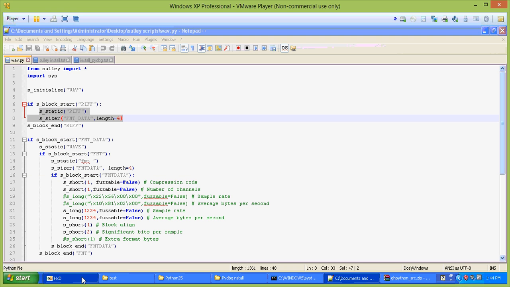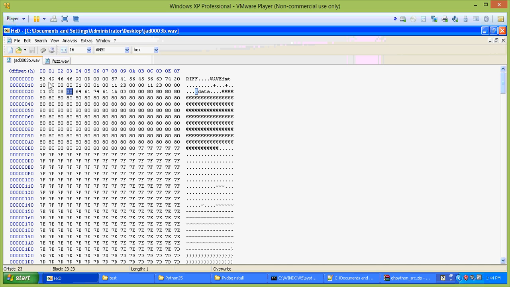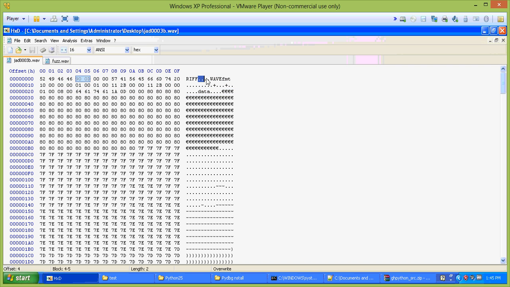So let's look at an example of a file. A simple file would be something like this. This is sort of the header of a wave file. If you look at it, it has RIFF written on the right side, which is basically the definition or the magic version of the file, followed by the length, which is 4 bytes, followed by wave, which is another sort of subtype ID for RIFF, followed by the very first chunk, which is the format chunk, which has fmt. The format chunk consists of another 16 bytes